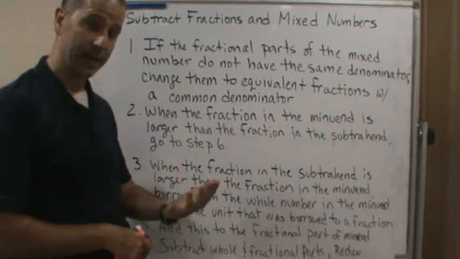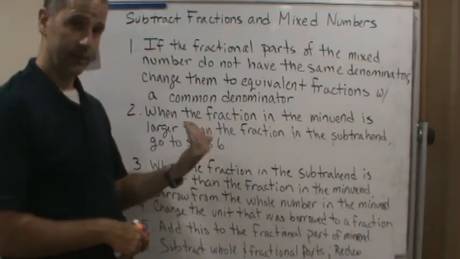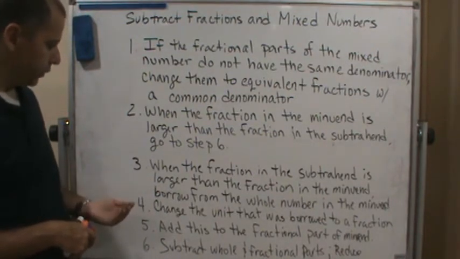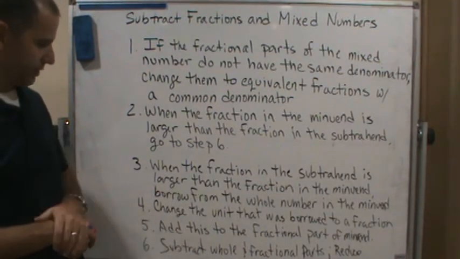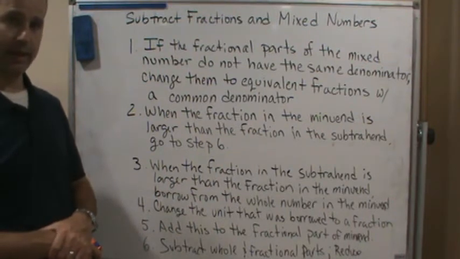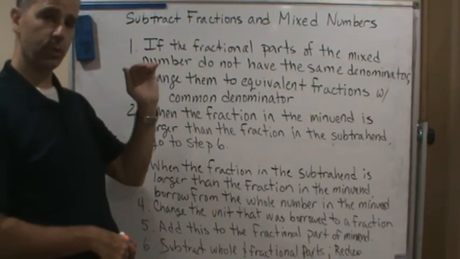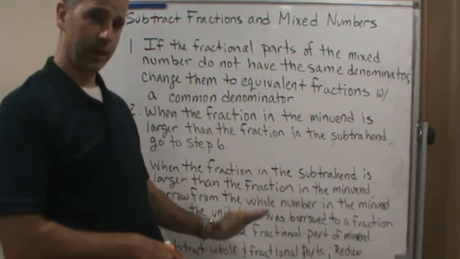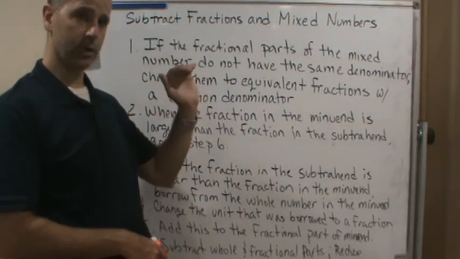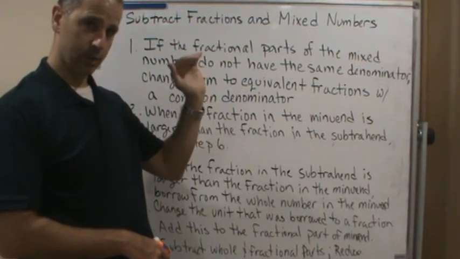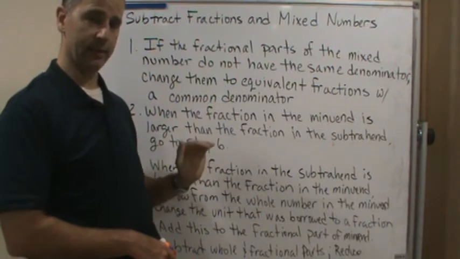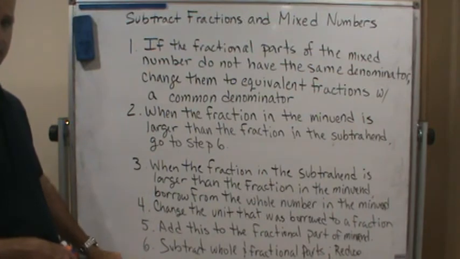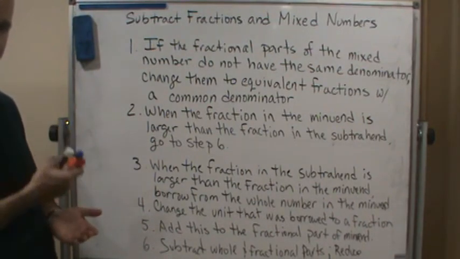Why? So we can add the fractions. Okay? And then once we do that, we're going to add this to the fractional part of the minuend. And now we'll have a situation where the minuend, the fractional part on top, is bigger than the fractional part on the bottom, or in other words, the fractional part that we're subtracting from is bigger than the fraction that we are subtracting. And then once we have that, then step 6 is basically subtract the whole numbers and the